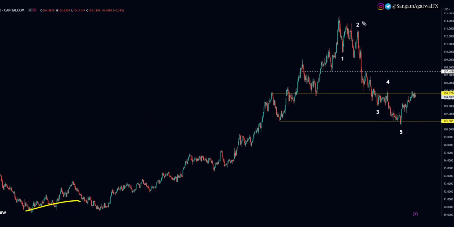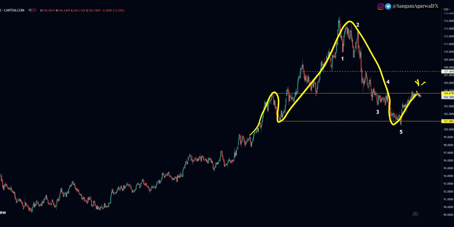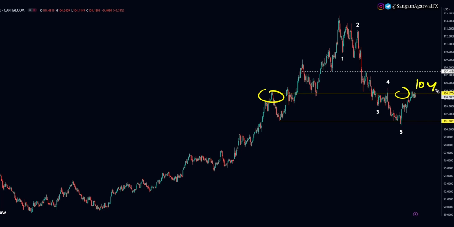So market top and bottom can be 6 months or 1 year in advance, and this can be your possible head and shoulder chart pattern, and right now we are in the final stage. If this neckline, that means the 101 support level, breaks, then it will drop vertically. That is why this horizontal level 104 is key horizontal resistance,